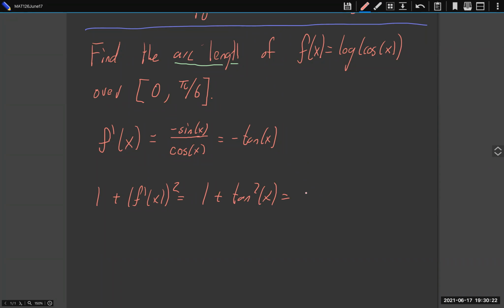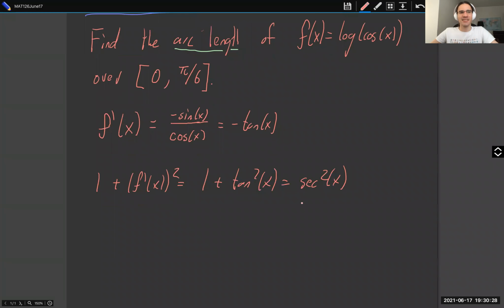Secant squared x. Good. By the second version of Pythagoras, which you should have ingrained in your memory almost as well as the first version of Pythagoras. It comes up a lot. So then when we consider the arc length, that's the integral from 0 to pi over 6 of the square root